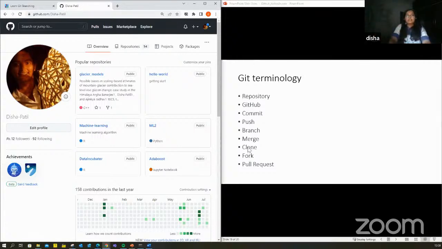So that is another term in your Git terminology list. What is a clone? So let us do that. That will give you an idea also of how to start with Git or GitHub, like how to make your first project with Git or GitHub.